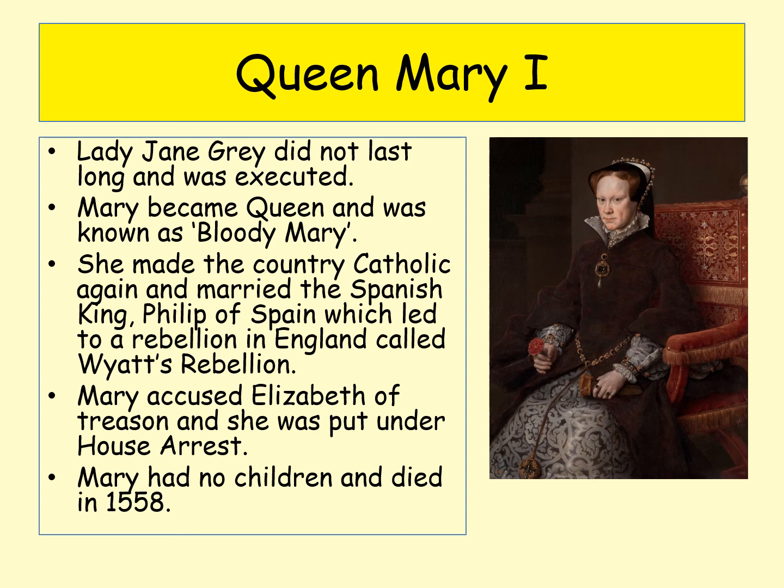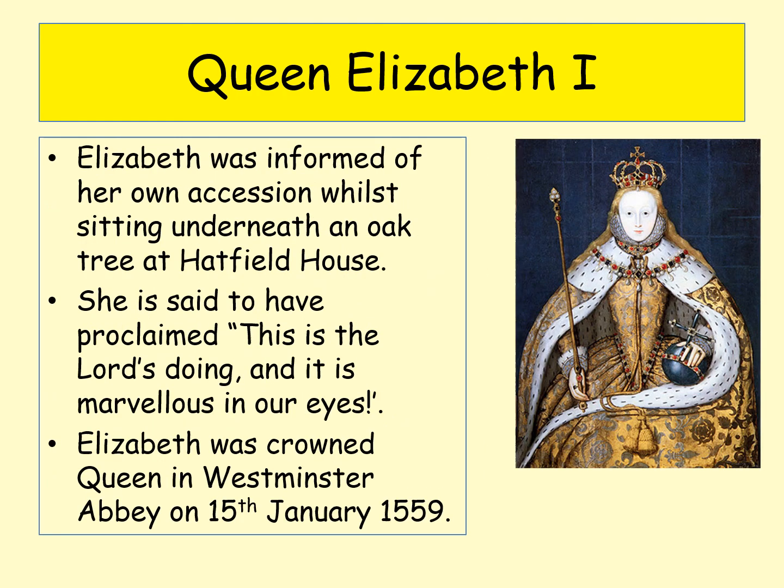Elizabeth, being a Protestant herself, was often accused of treason. She was actually imprisoned in the Tower of London during this time, and she was put under house arrest at various times. However, Mary had no children, and she died in 1558, having succumbed to stomach cancer, and therefore the throne passed to Elizabeth. And it's said that Elizabeth was informed that she was going to become queen while sitting underneath an oak tree at Hatfield House, and apparently when she heard this news, she said, "This is the Lord's doing and it is marvellous in our eyes," and she was crowned the Queen of England in a big ceremony